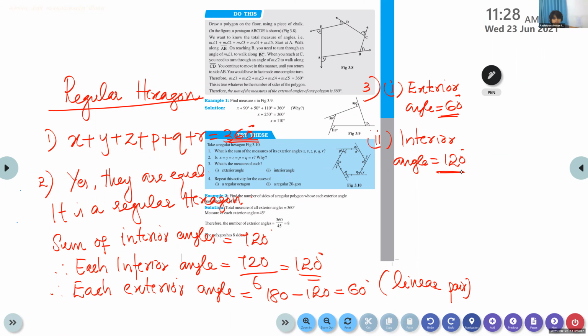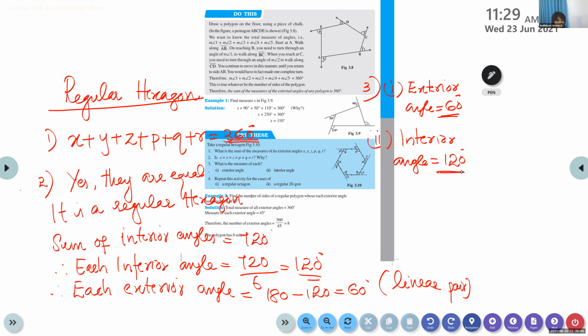Ma'am, this question is there in the textbook. R.D. Sharma book, it will be there. Ma'am, NCERT is there. This is the NCERT book. Whatever is there in the NCERT book will be there in the R.D. Sharma book. I have 2 books. Okay, no problem. You can take the PDF.